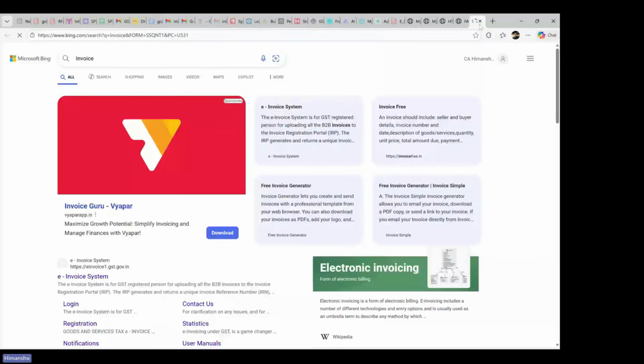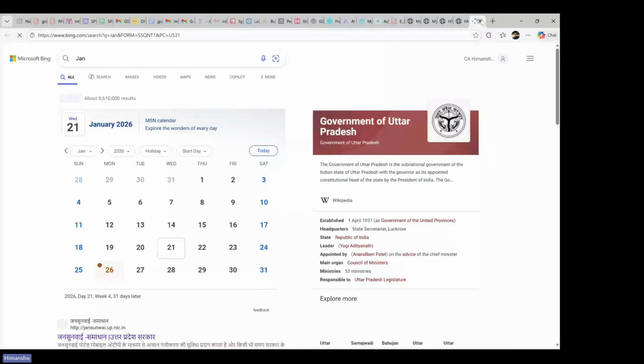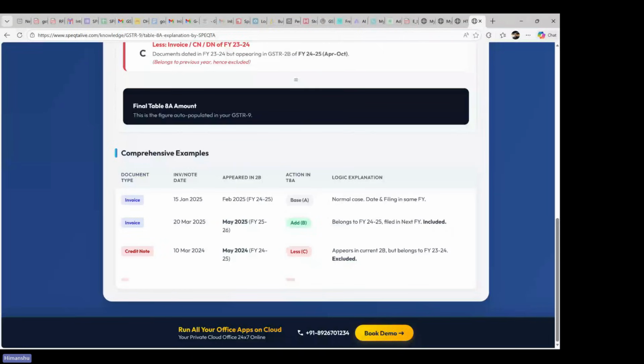Invoice date is 15th January 25. You can see the invoice date is 15th January 25, so that is appearing in 2B. That is fine. Feb 25 के 2B में आ रही है, तो ये सेम ईयर 8A में कंसिडर हो जाएगी।